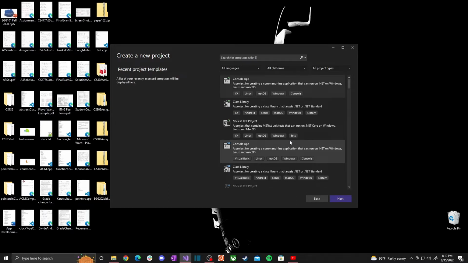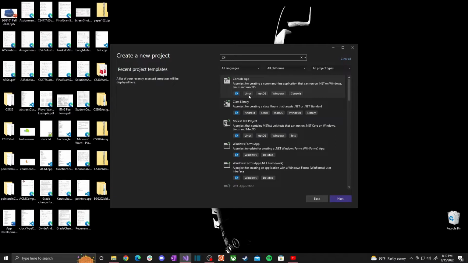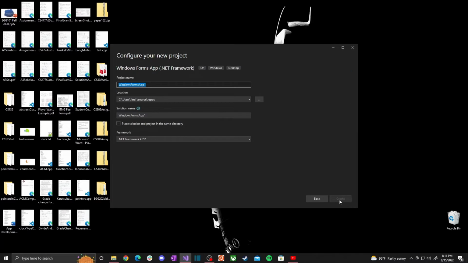And as it's loading, I will search for C#. So we don't want to use console app this time. We want to go ahead and select Windows Forms app. And we want to actually use .NET Framework. So we want to select this one, Windows Forms app, .NET Framework. I'm going to select this, hit next, and then choose a project name. I guess we can go with this,